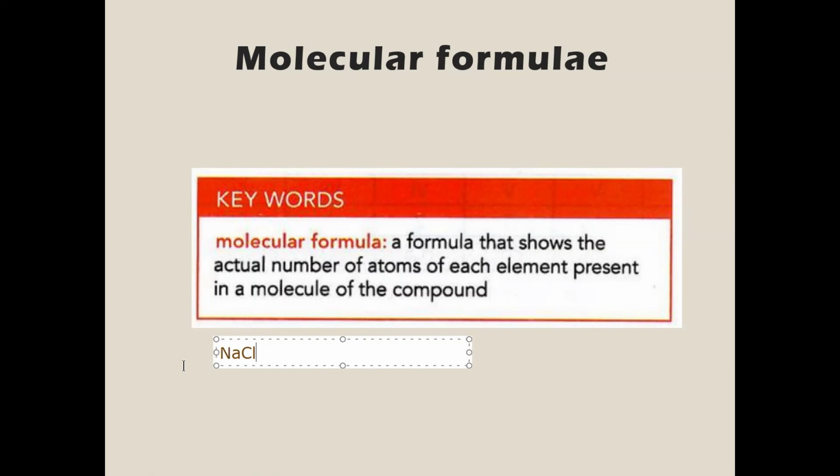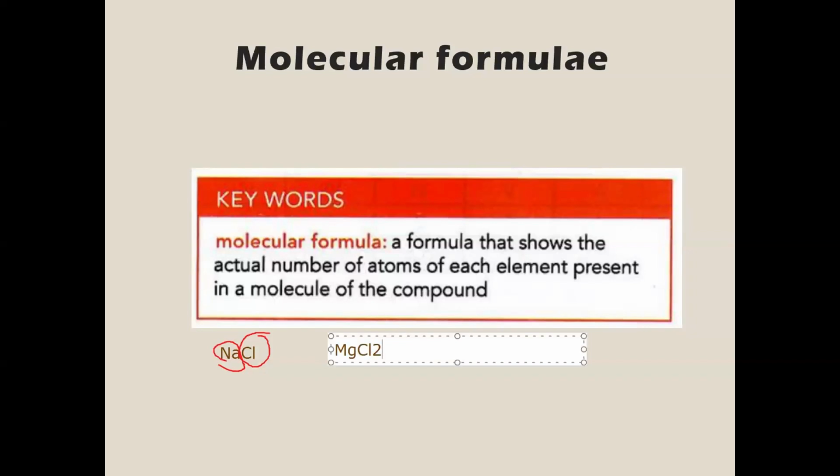Okay, what can we see here from the molecular formula? We can see what are the atoms in this molecule. We have sodium and chlorine. And how many atoms of each element? So we have one sodium and one chlorine. Okay. Another example is